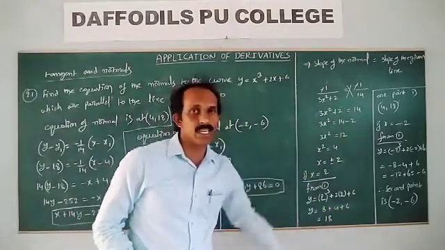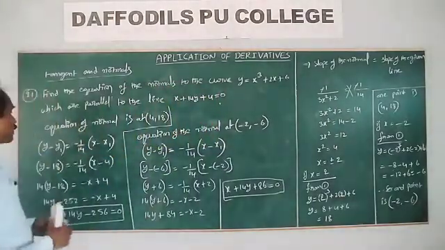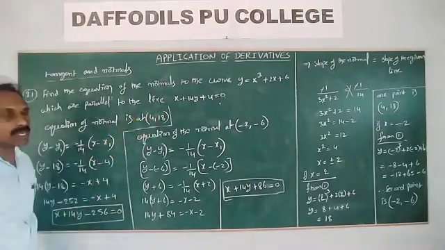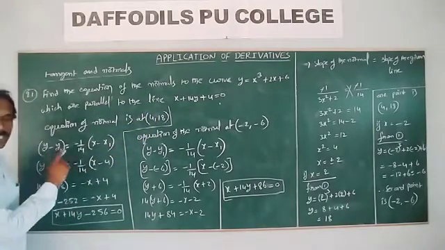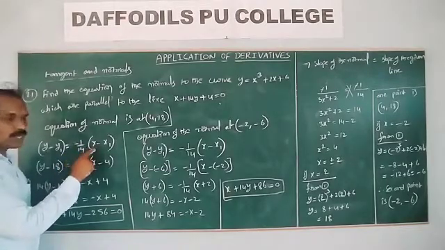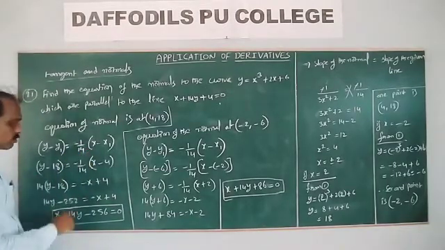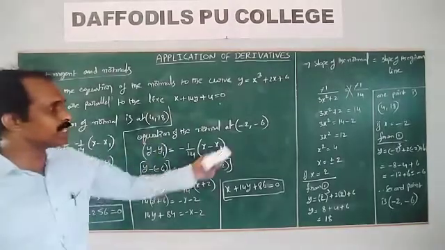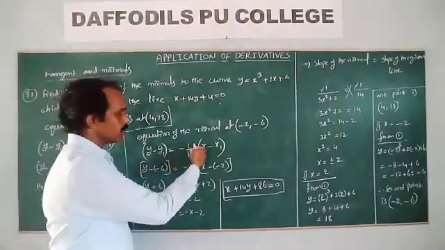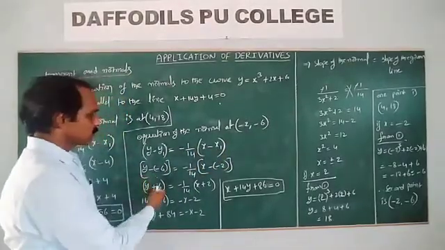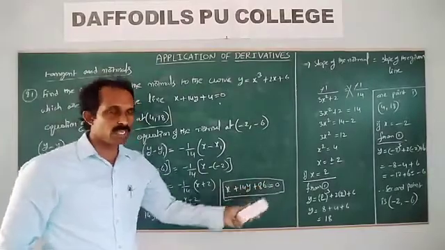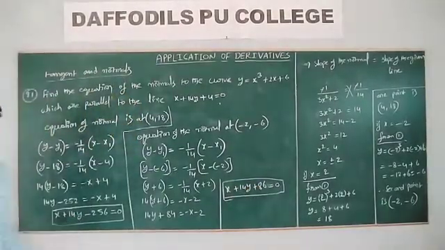First point and second point. Then the equation of tangent and equation of normal. The equation of the normal at (4, 18) is y minus y1 is equal to the slope of the normal times (x minus x1). And the equation of the normal at the second point is y minus y1 is equal to slope times (x minus x1). Substitute these values and finally you get x plus 14y minus 256 for the first normal, and x plus 14y plus 86 is the second.